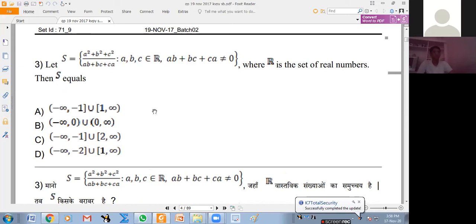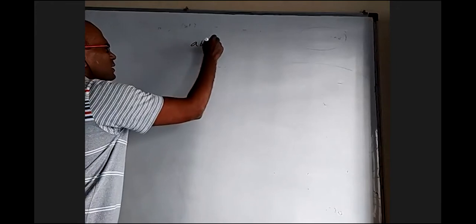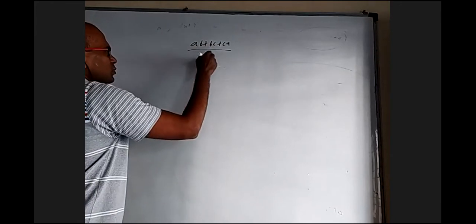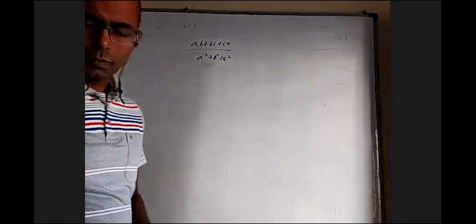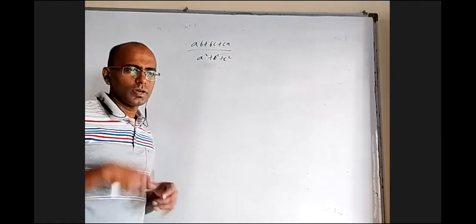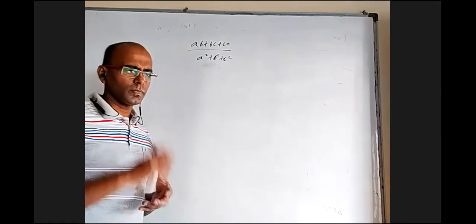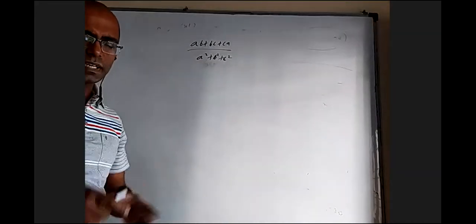Okay, we have to find the range of a particular quantity here. First, I'm going to take reciprocals and then find the range of this: AB plus BC plus CA by A square plus B square plus C square. I want to find the range of this first. We are studying calculus of one variable only, not two or three variables to find maximum or minimum. Otherwise, we could use some multivariable calculus. But simply by some kind of inequalities, we can manage.